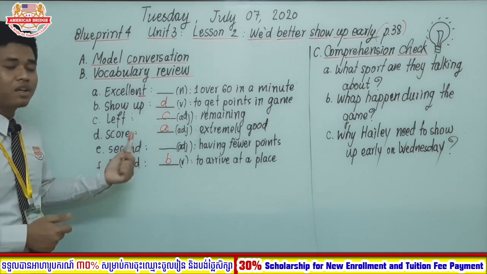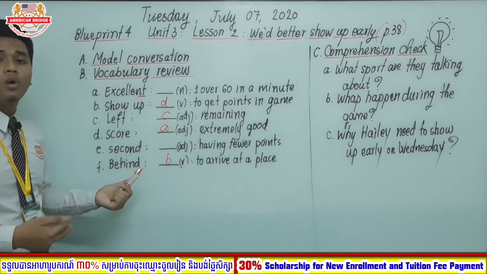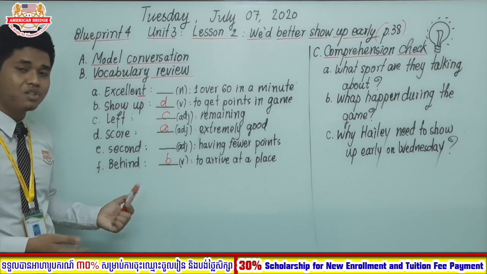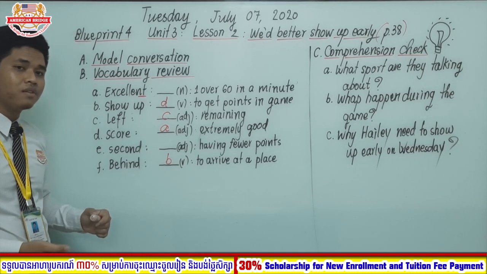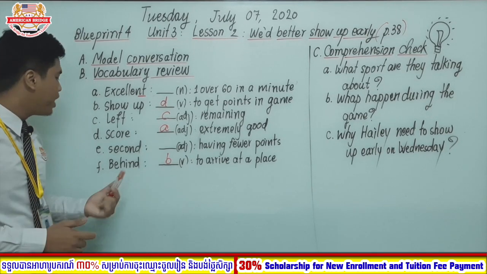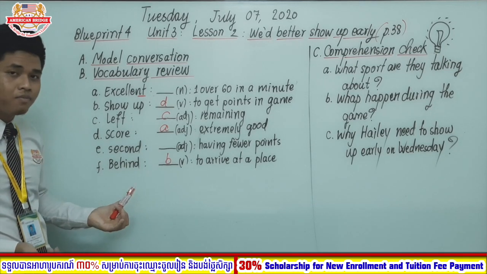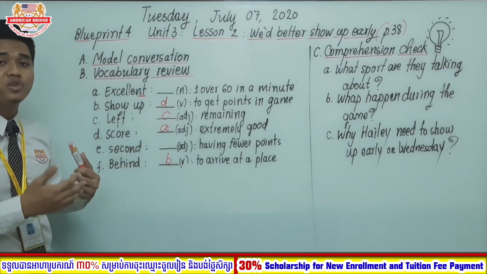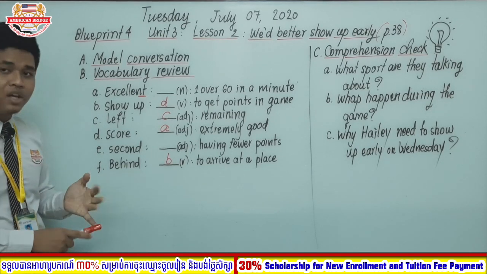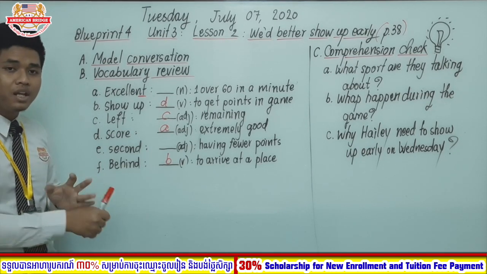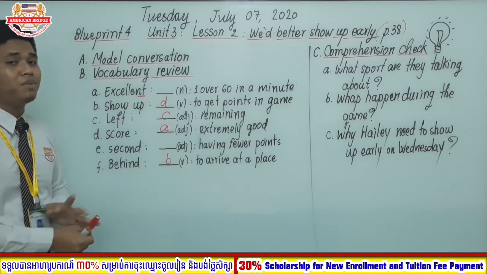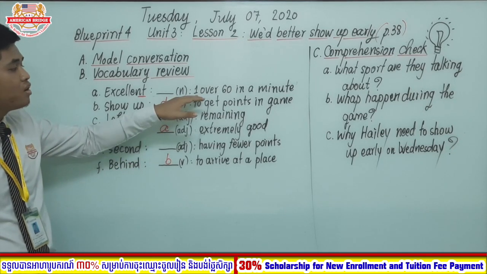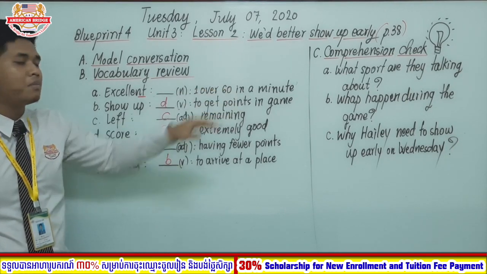Letter E, which is second. If we talk about the order, first, second, third, sure, it becomes the second place. But the other meaning, when we talk about time, seconds refer to a small time unit. We have hour. In 1 hour, we have 60 minutes, and in 1 minute, we have 60 seconds. So second here is 1 over 60 of a minute.